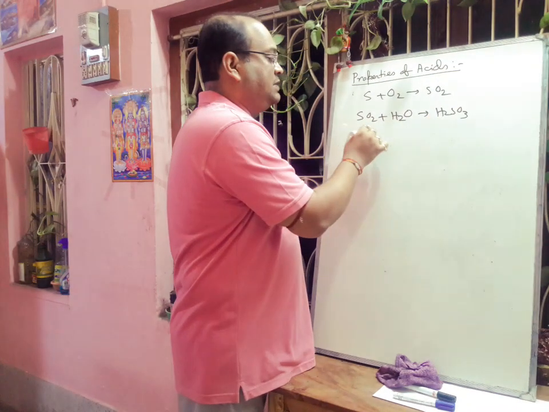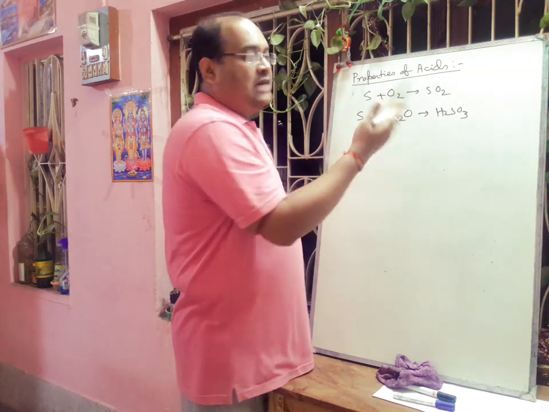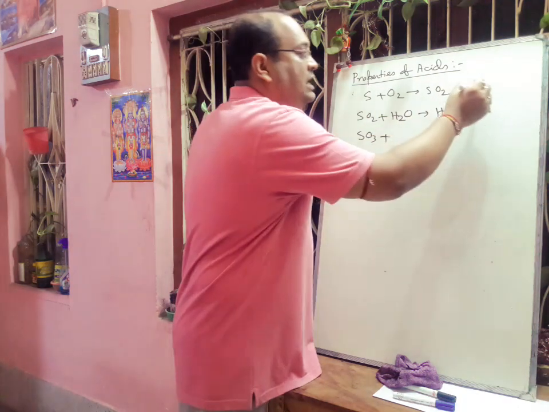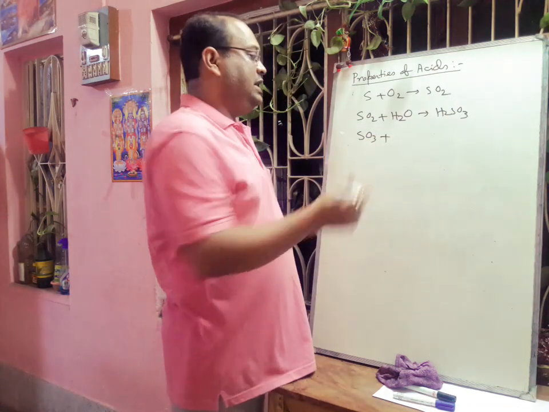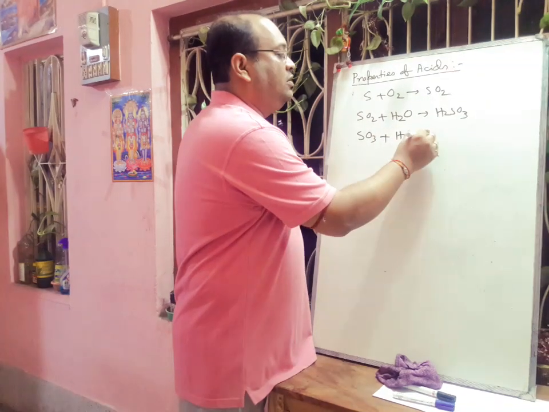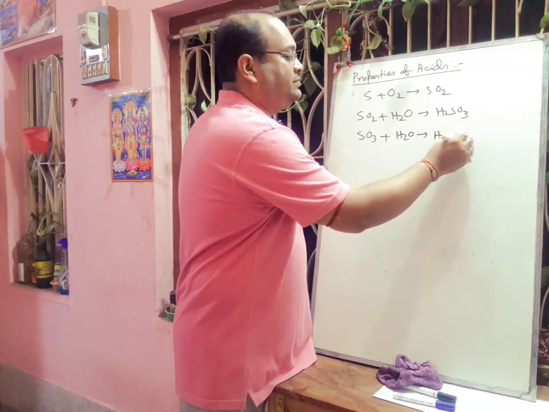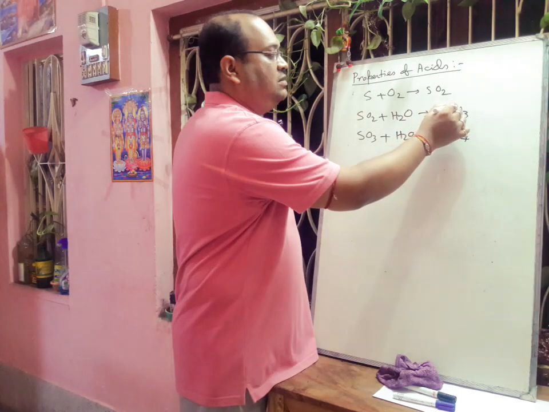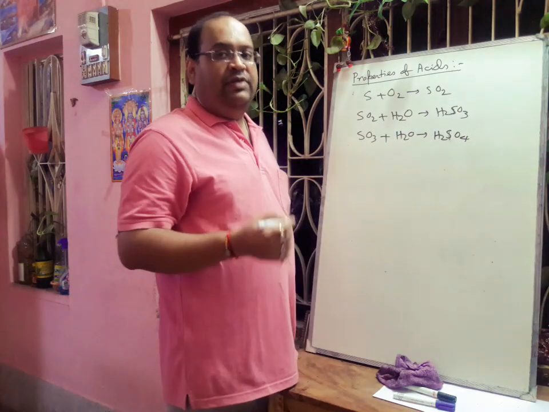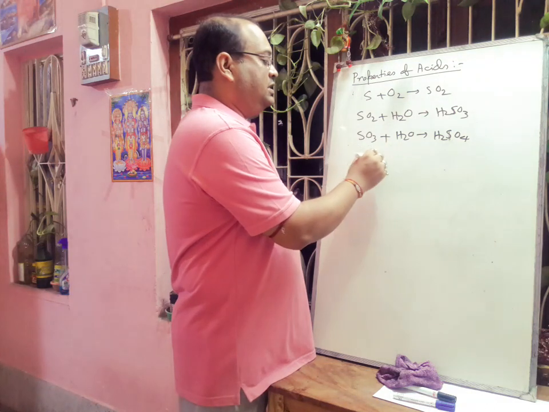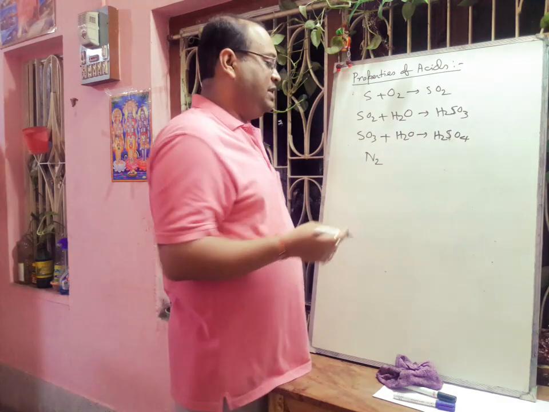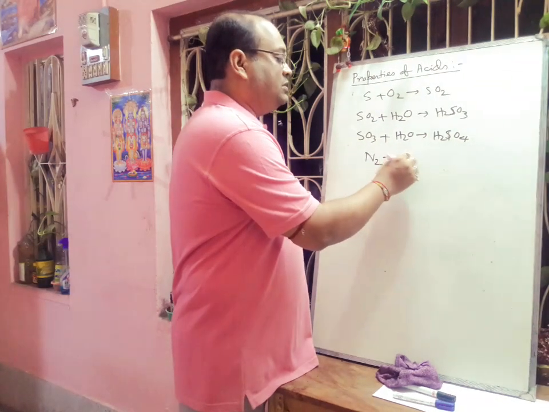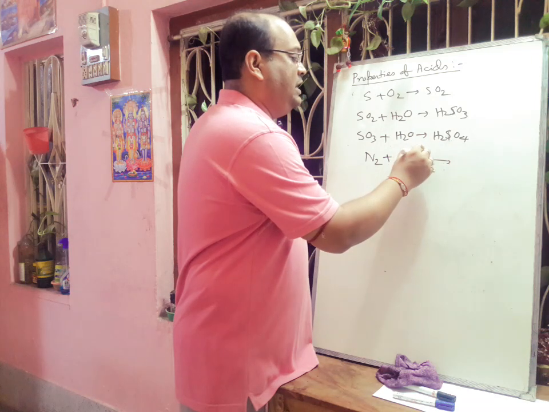If sulfur dioxide is there, it will again react with oxygen, forming sulfur trioxide, that will react with water to form sulfuric acid. In this way, rain contains sulfurous acid and sulfuric acid. If we think about nitrogen, nitrogen is present 70% in our atmosphere, that will react with oxygen when there will be electric spark